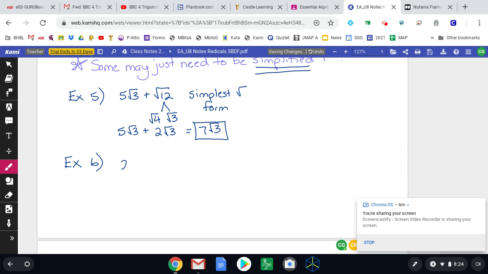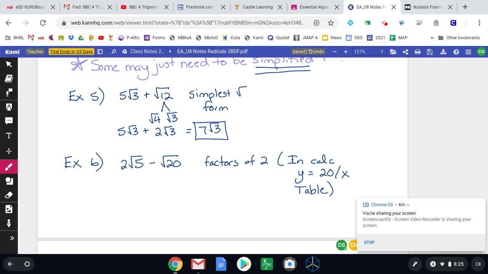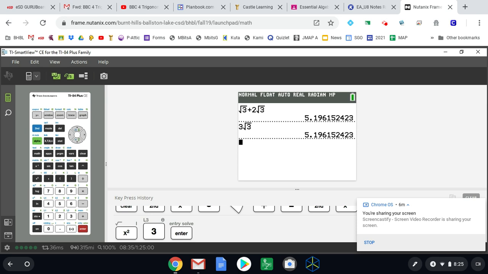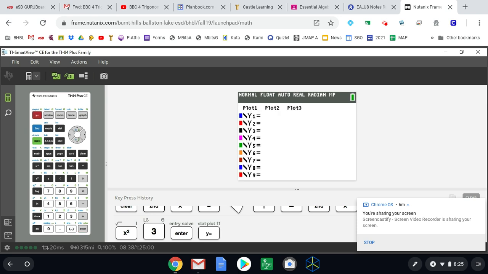So let's say I have 2 radical 5 minus radical 20. Now remember, if you're having a hard time looking for the factors of 20, remember that we can go to the calculator. We go to y equals, put in 20 divided by x, and we take a look at the table. So just to show you, I go into y equals, I put in 20 divided by x, I go to my table,